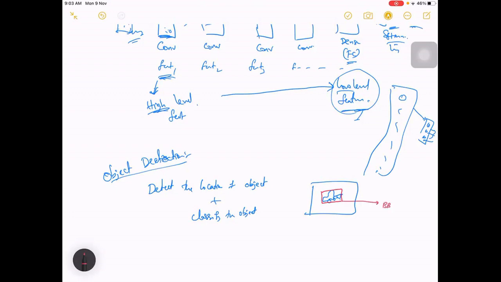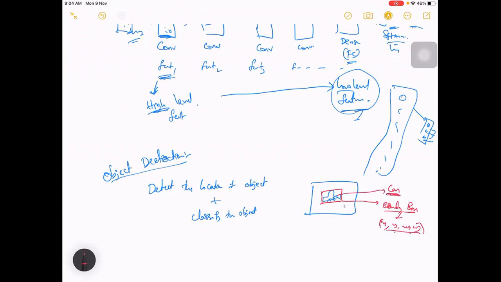It will give one bounding box, and it will also classify this is a car. The bounding box has coordinates x, y, w, h, and we'll see it in the next class. As of now, x, y, w, h are your coordinates, which represent the bounding box, as well as it will also classify what class it is. It belongs to a car.